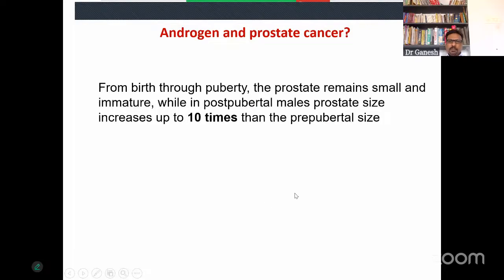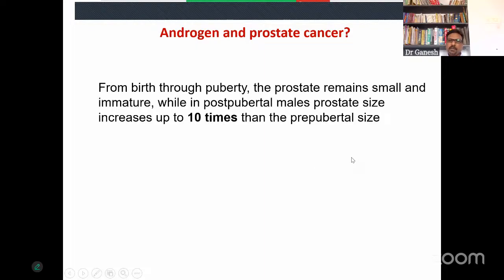Now, let us try to know about a condition which is intimately associated with cancer in the case of males, where there's androgen and prostate. These two seem to be interconnected. From birth through puberty, the prostate remains small and immature, while in post-pubertal males, prostate size increases up to 10 times the prepubertal size. This prostate gland is the accessory gland in males, which is concerned